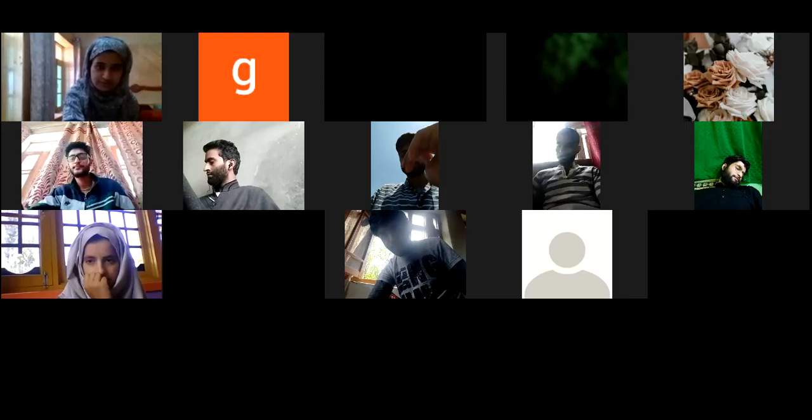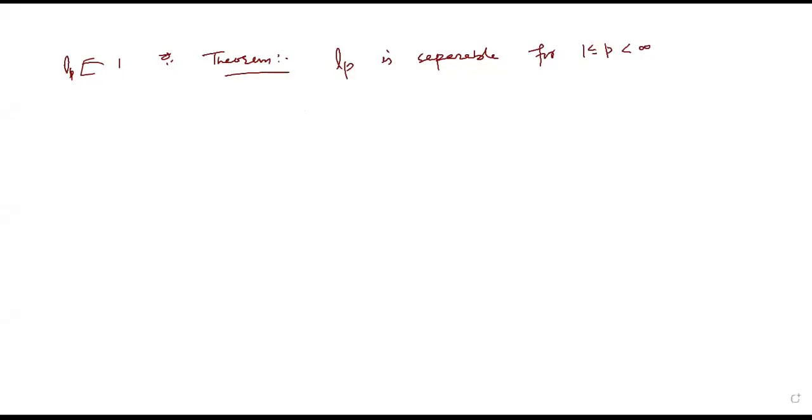जी सर आ रही है ना वही। ओके, let me restart. तो मैं कह रहा था कि LP is separable for P lying between greater than or equal to 1 but less than infinity, and you know what do we mean? We mean Pth power summable sequences by LP. We mean all scalar sequences x1,